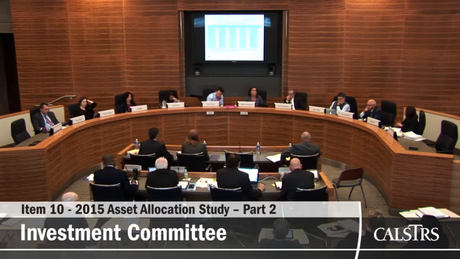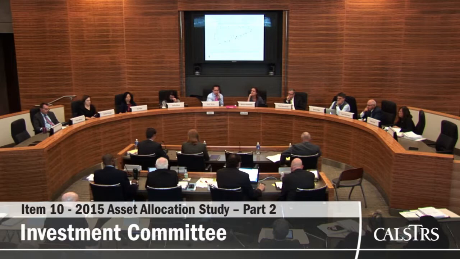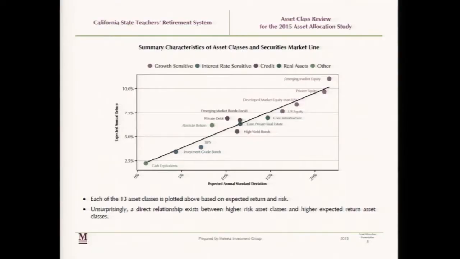Any other questions? Our final slide is slide 8, and we just include this for information. We'll talk at the next meeting, as I mentioned, about our specific risk and return expectations and how we develop those. But this is a preview of that, where the 13 asset classes reside on a risk and return chart. And again, you'll see lots more charts like this from us.